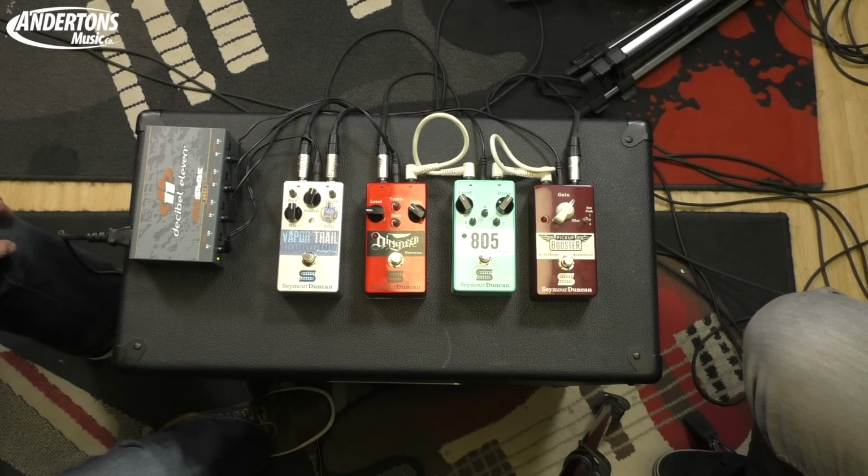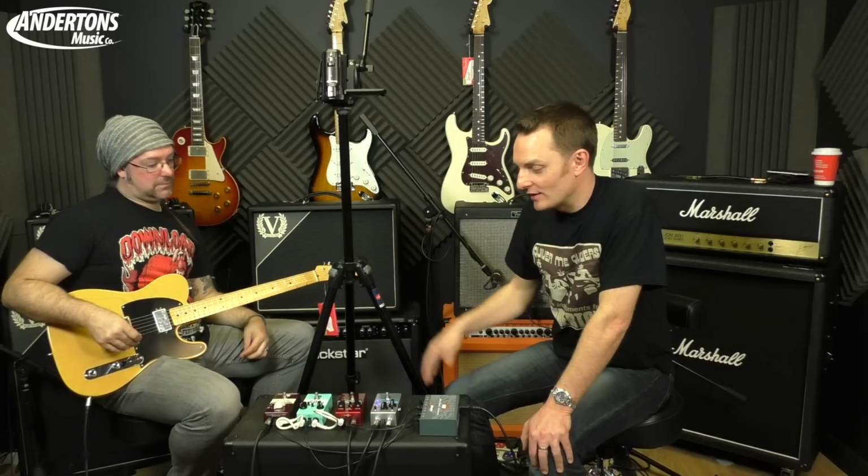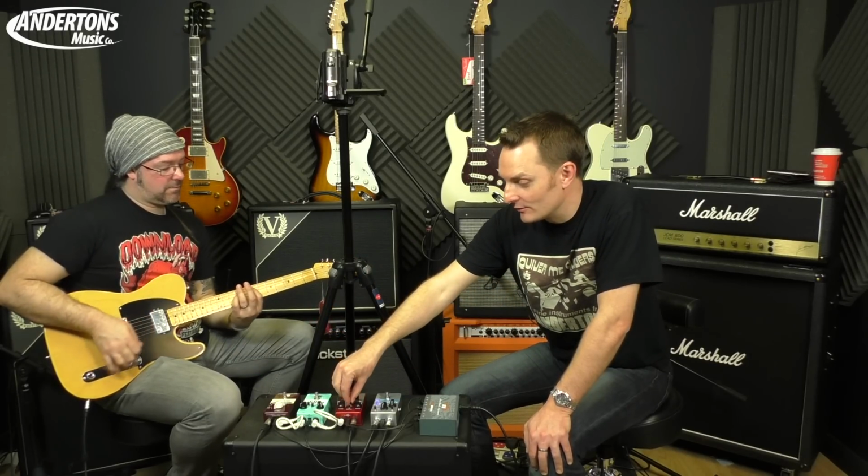Done. So I have a clean sound now. And we're going to use the Dirty Deed. The Dirty Deed. So again, unlike the other two pedals, we're really just driving this into a clean channel to see what kind of...